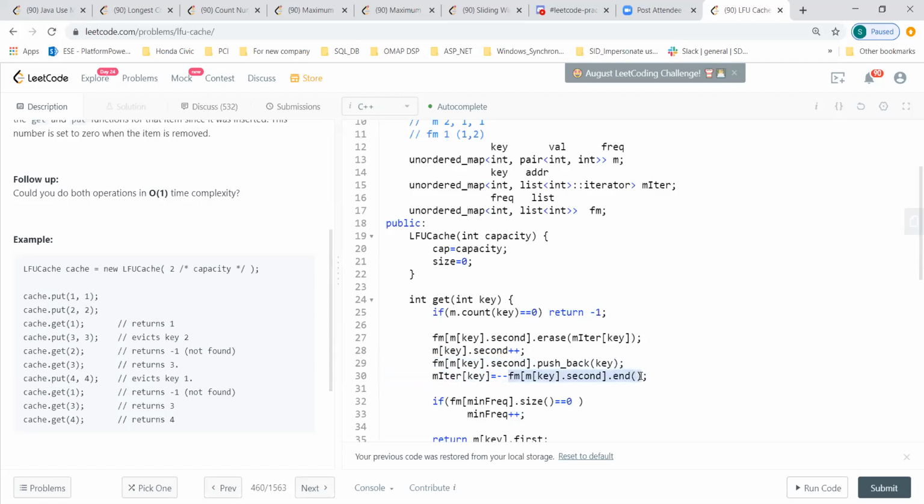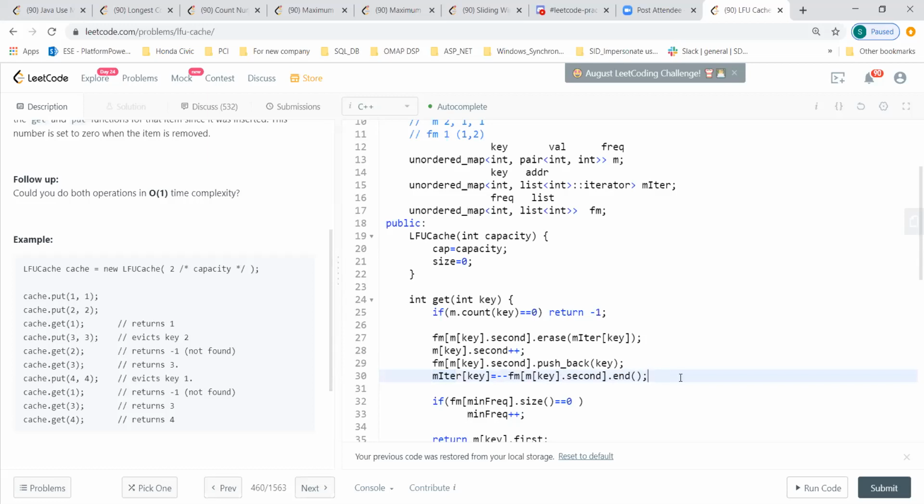But end will actually be a void value or something like that, right? And so if you just decrement that, that will be the last second value, which is the real value of what you push at the back. And that is the way he's storing that iterator. He could have done it pushing in the front, so that he could have used a doubly linked list, or a deque, right? And then you could have used from the beginning, but this is the way he used.